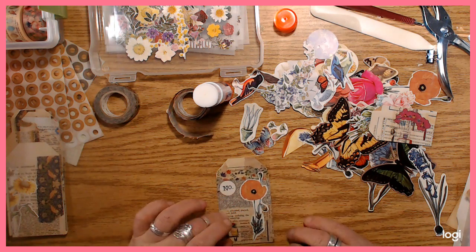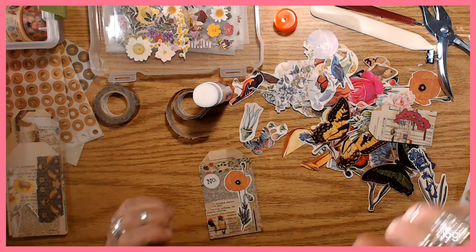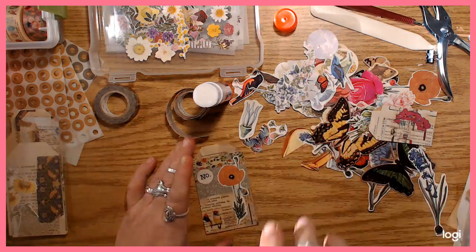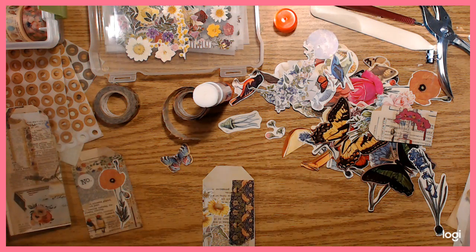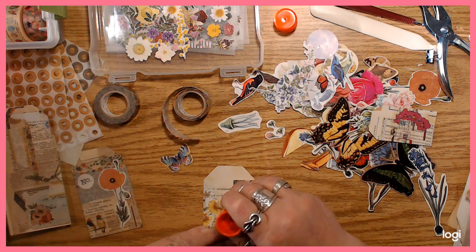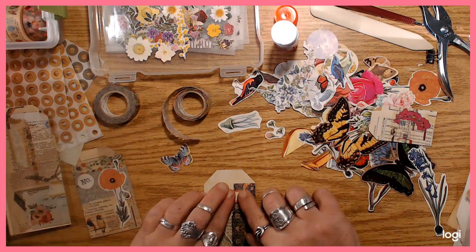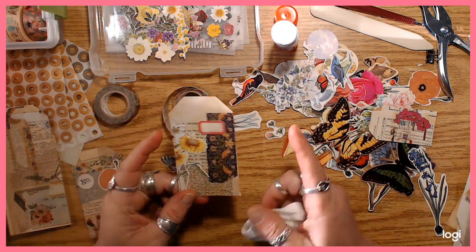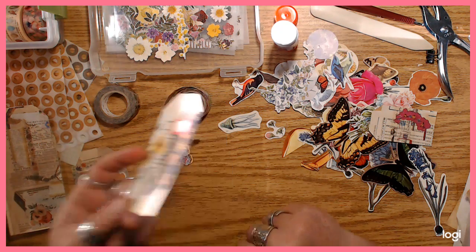So, yeah, I like that. And then let me let that one dry. And I was going to say, for the most part, I do some stitching on my tags. Not every single one of them, but a lot of them. I've been into labels lately. I think a lot of us have been into labels lately. So I feel like just adding that little label pulls the whole thing together, and